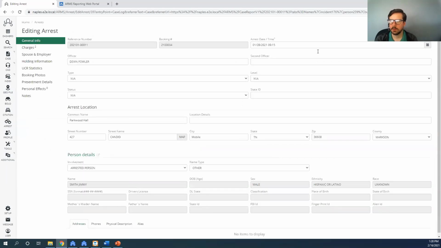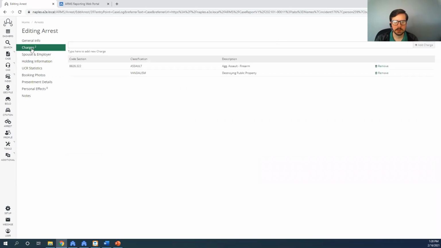And then it'll open that arrest tab up. Now in here, you'll want to make sure you put your date in there, make sure you have your arrest location, and then we would come down to charges. Here, you would choose your charge, which this one's just an aggravated assault with a firearm. And you would just type it in this spot, choose it, and hit add charge,